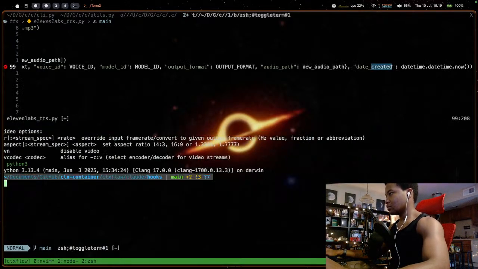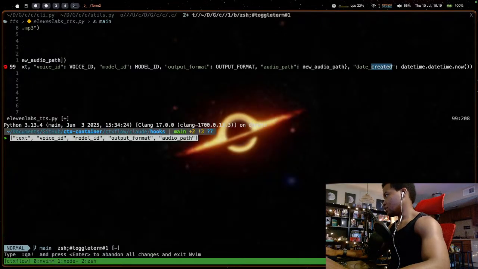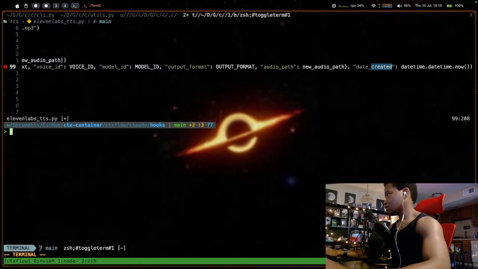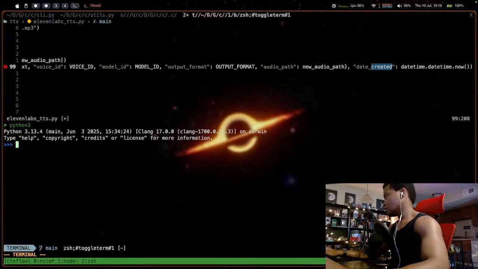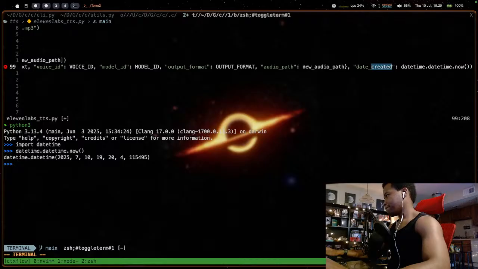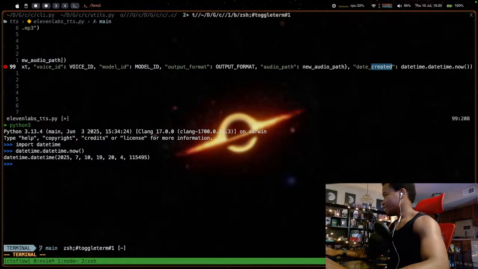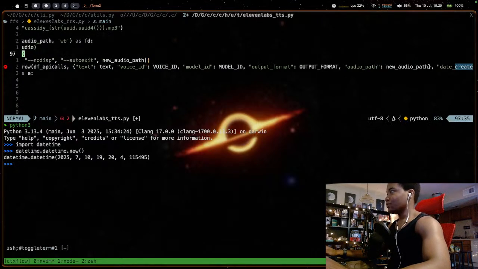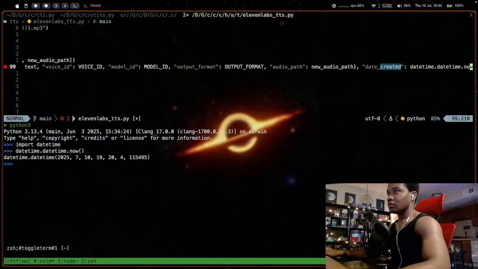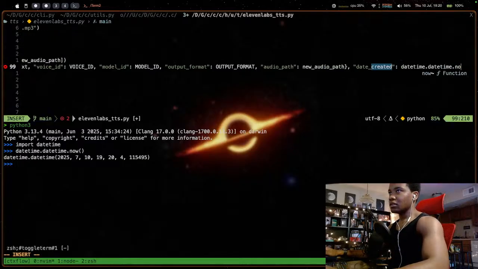What does that look like though? God dang it. Every time. Every time. Import datetime dot datetime dot now. Oh, that's terrible. Hold on, that's not what I thought that was. What's the function for, oops.